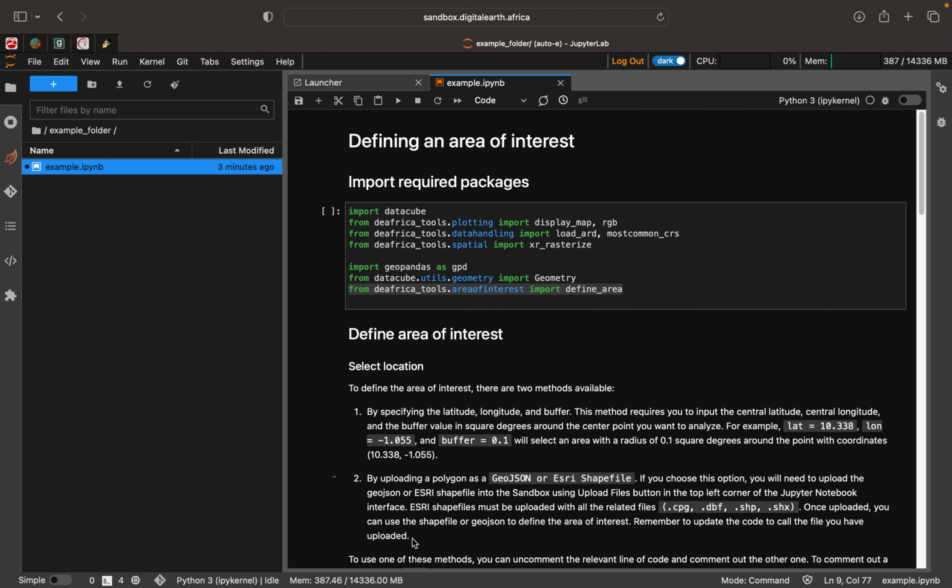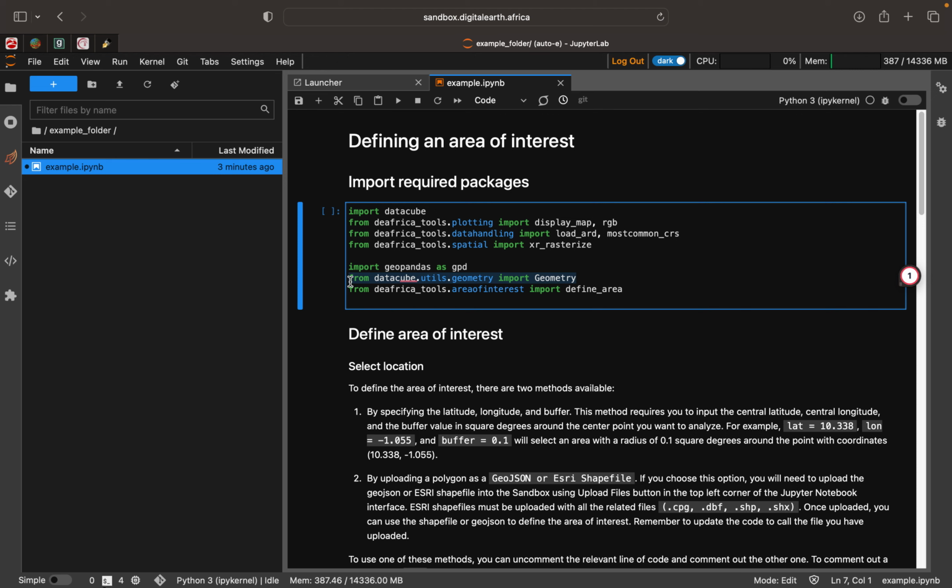Three very important packages that are specifically required to work with the define area function are the GeoPandas package. So this package will allow you to work with the geospatial vector data, such as reading and manipulating shapefiles or GeoJSON files. There's also the